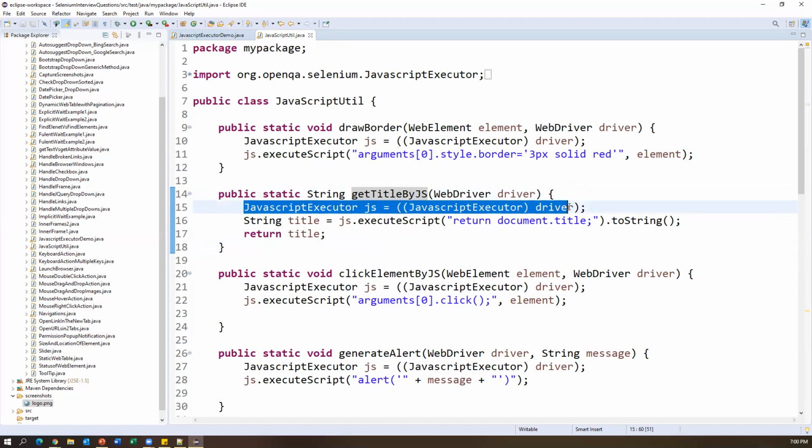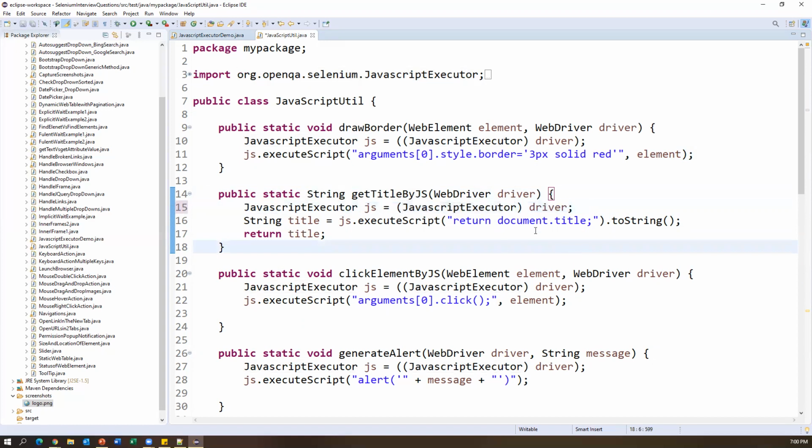Now look here. I created a JavaScriptExecutor object, and here two brackets are not necessary, just one bracket is enough. The driver instance is added to the JavaScript executor, and js.executeScript takes only a single parameter. What is that? return document.title. This is actually JavaScript, guys.